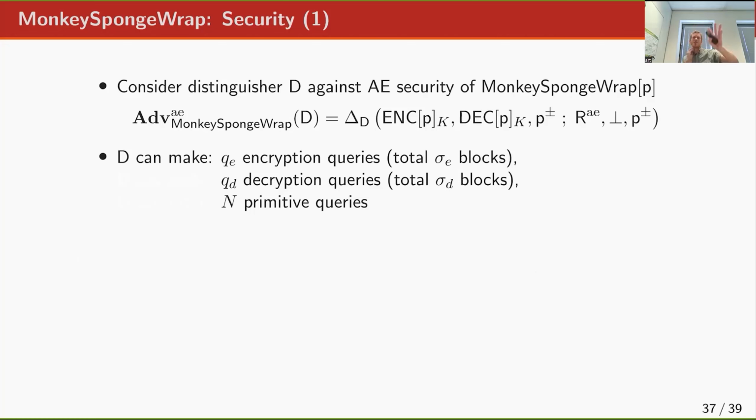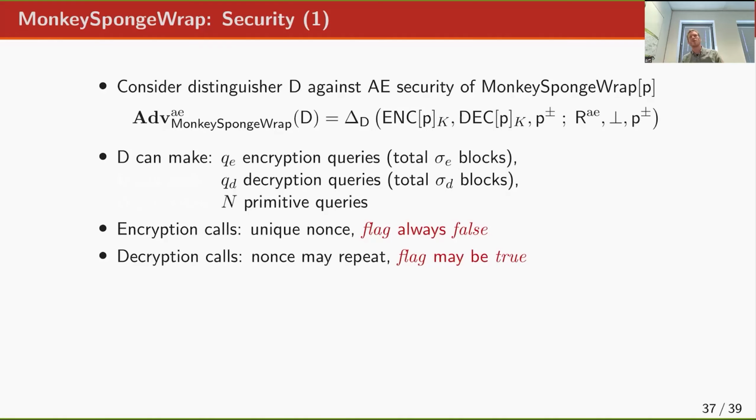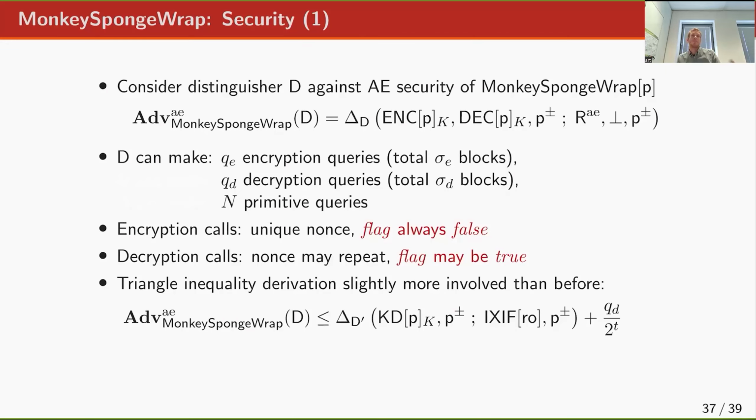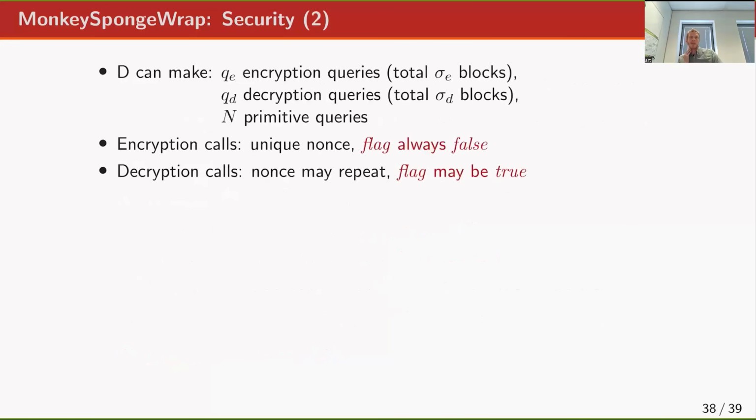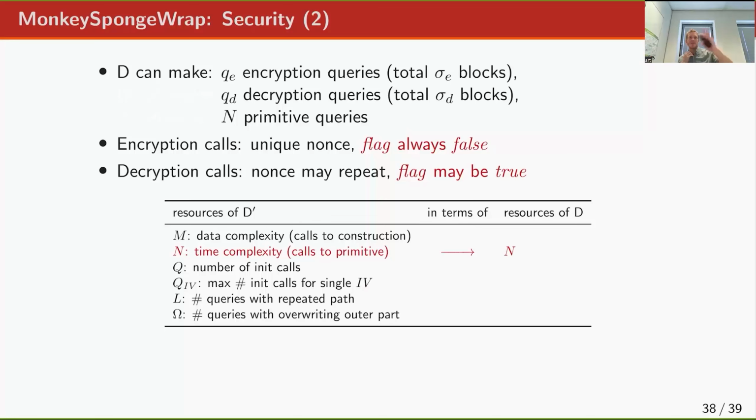Authenticated encryption security model is a bit more complex. I refer you to the paper. So you get a bit more involved triangle inequality. The important thing is that in decryption calls, the flags are false. So if you now do this reduction from a distinguisher, the authenticated encryption distinguisher D, to the duplex distinguisher D prime, this influences the parameters of D prime. So what we see is N remains N, Q is QE plus QD,